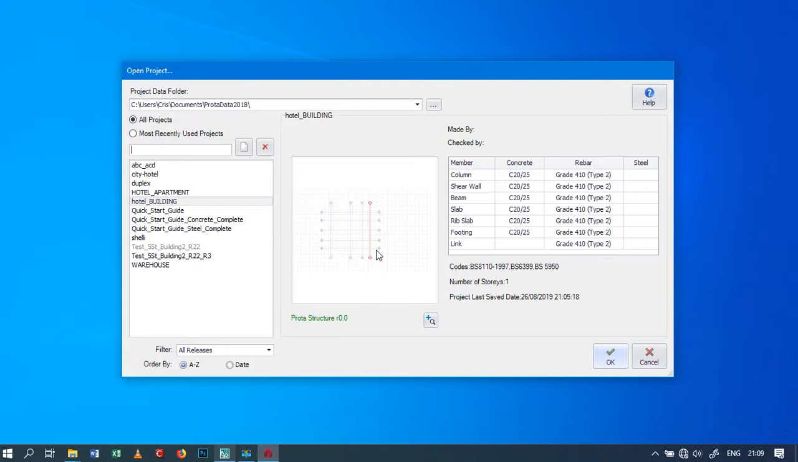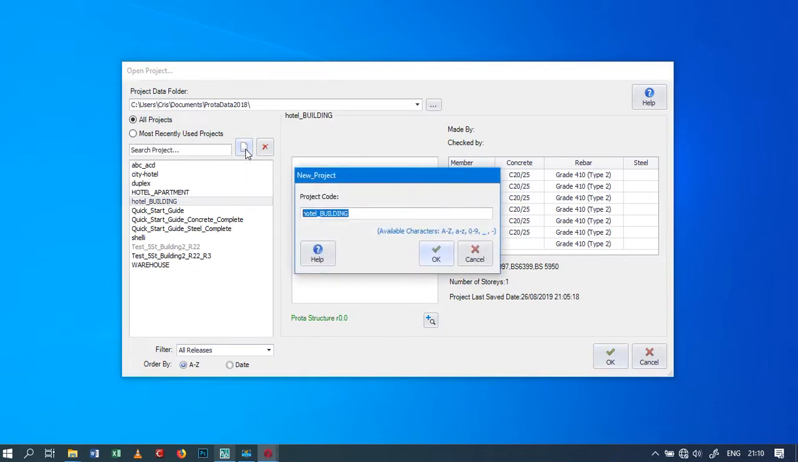After opening Prota structure, this is the first user interface. What you need to do is create a new project. You are going to click here to create a new project. After creating a new project, you need to fill the name of your project. The name of our project will be Hotel,